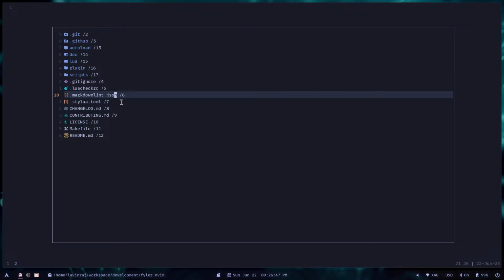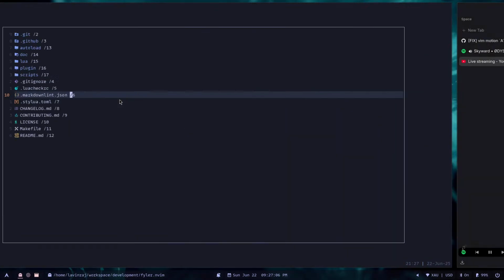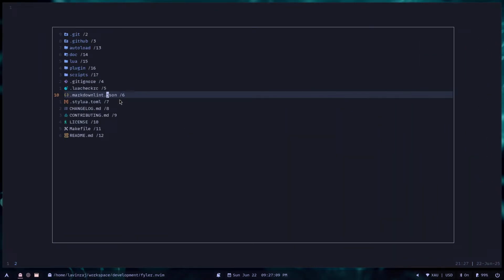So if I do capital E, wait a minute. So this is E, and this is capital E. Okay. So for B, if I want to jump to the previous word, what do I have to do? I'm not sure. If I press capital B, it will move to the starting of the first word. But I want to traverse with the, you know,